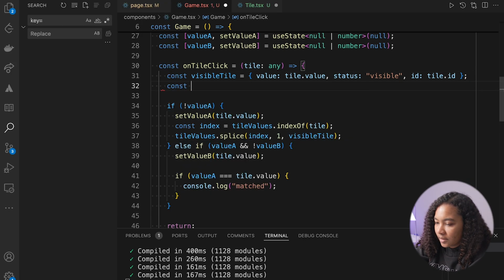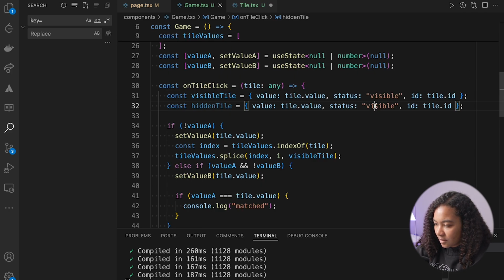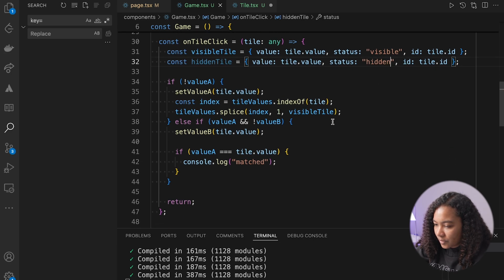Visible tile, const, hidden. Hidden tile. Back to hidden. All right,